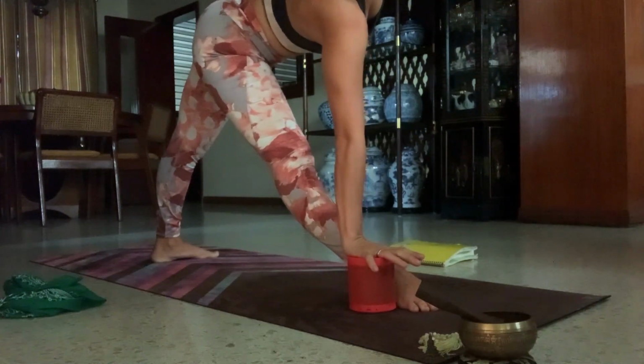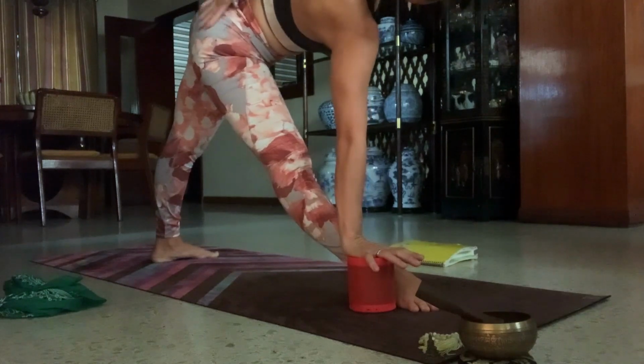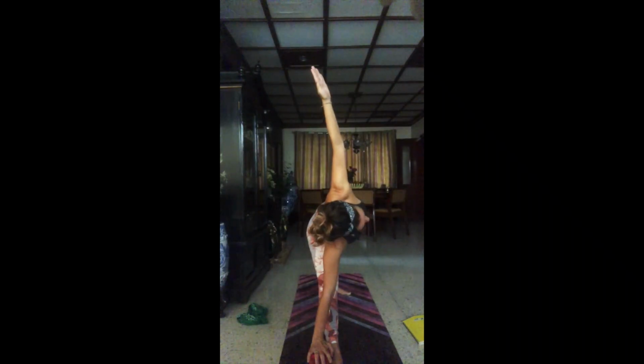Same here, my left hand doesn't go anywhere. It stays in line with my right. The back is in line with my hips. Utthita Trikonasana. You can as well gaze forward. If your neck gives you trouble, instead of gazing up, you can gaze forward and stay for 10, 9,